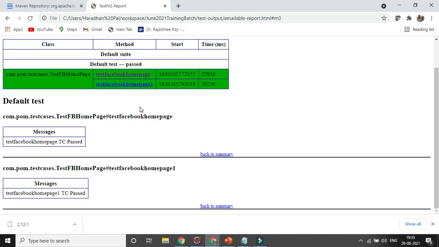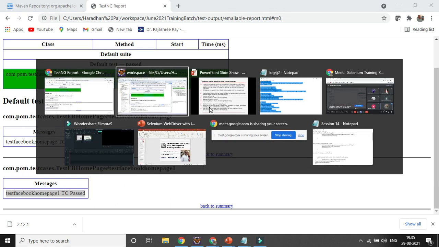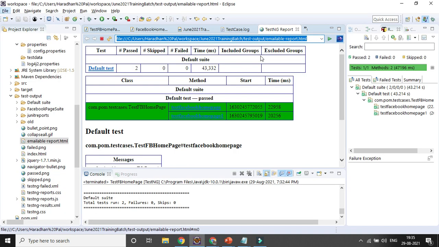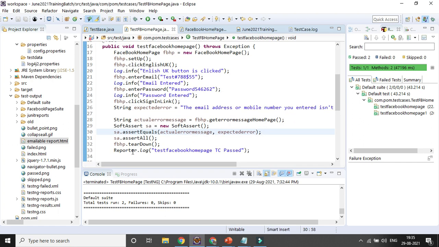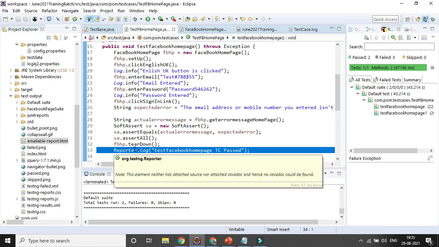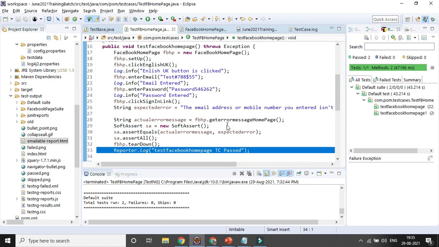If you open any test case, you can see that whatever message we gave is appended in the report, but not in the console. So that is the difference between log4j and the other option we are using in the test cases, which is Reporter.log. But you are able to view and verify it, in a different way.